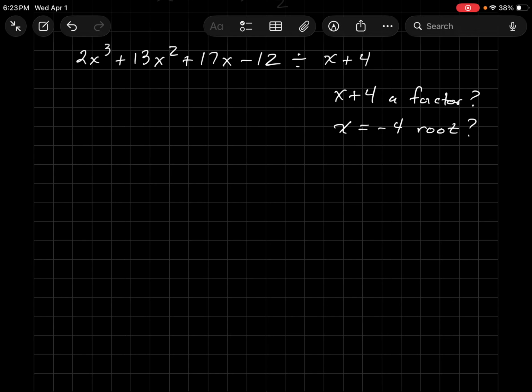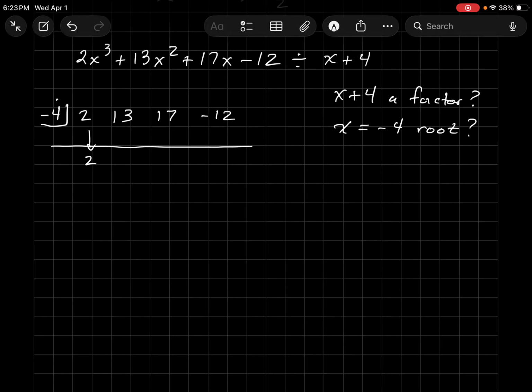Let's do synthetic division. Since negative 4 is the potential 0, we'll put that up here in our box and start placing our coefficients, starting with our 2 for the highest power of x cubed. There's a coefficient for x squared, and one for x, and one for the constant term. We'll put our bar and we'll do our process of bringing this first number down, whatever it is, and then